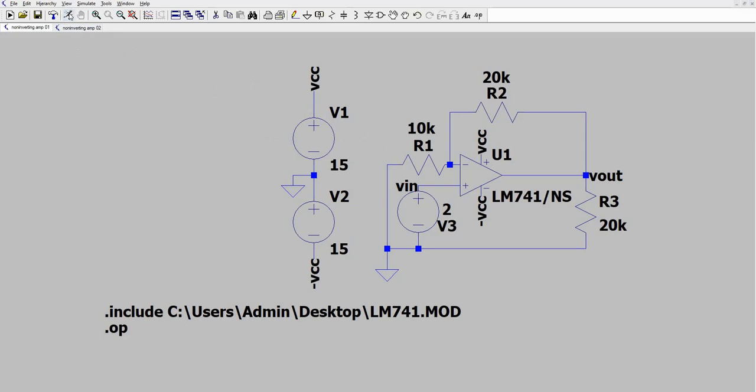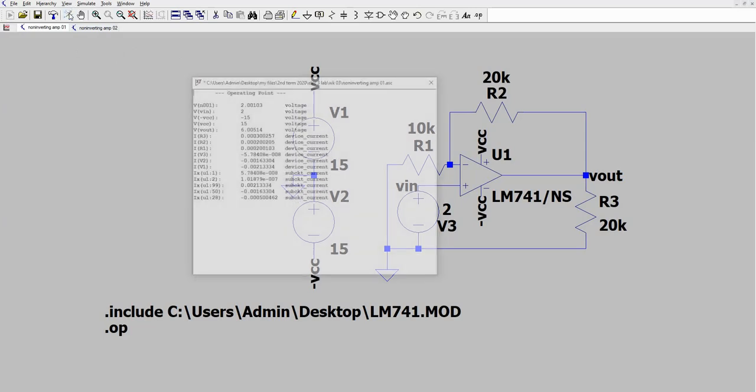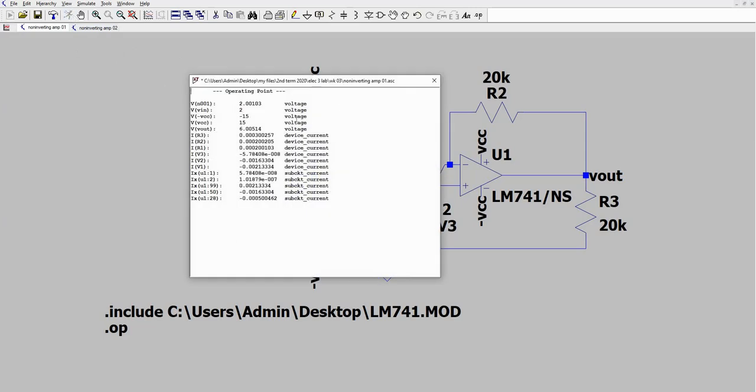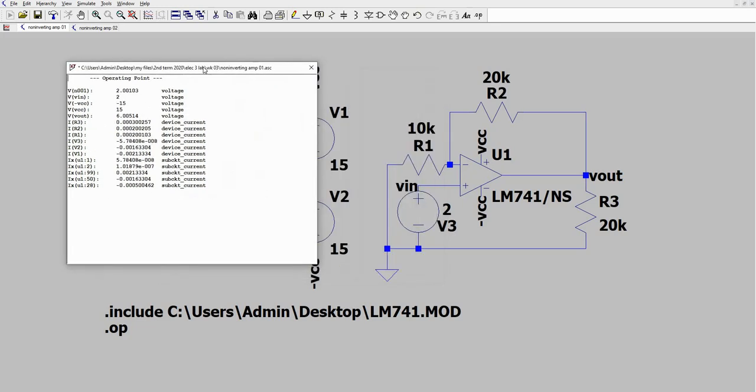Same process will be done when you run your simulation. So just click this icon, then you will arrive at your various parameters such as output current, input current, the output voltage, and the other values.